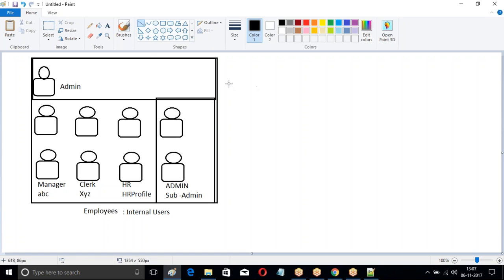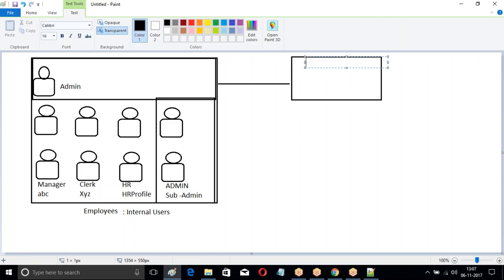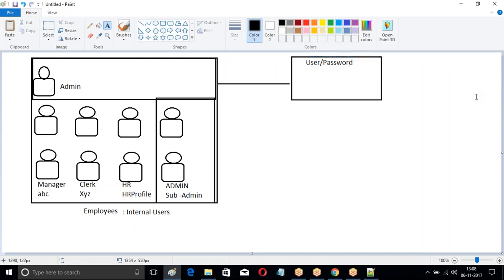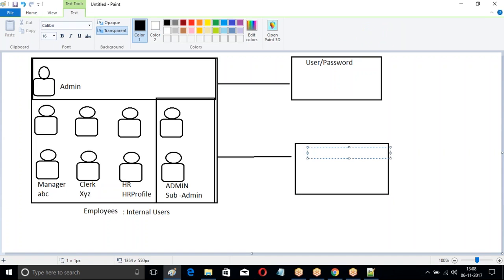Now you have a website for your company where there is a username and password given. People have to log in and use. Now I have a portal where people will log in and work. They are also given